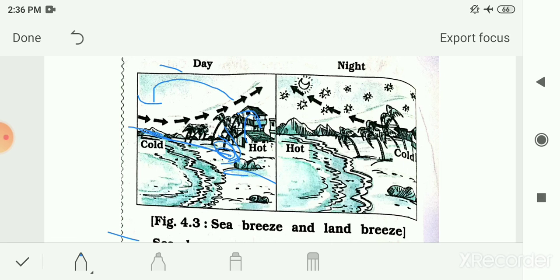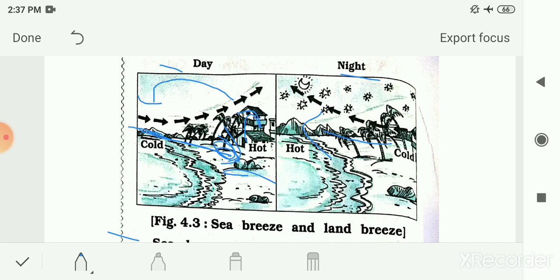And the land breeze is totally opposite to this. This occurs during the night time. During the night, the land as well as the sea water cools down, but the temperature of the land falls more rapidly as compared to the sea water. Land can increase or decrease its temperature more quickly than water, so it cools down rapidly as compared to the sea water, and therefore at night the temperature of the sea water is more than the land, and hence at night cool air starts moving from the land to the sea.